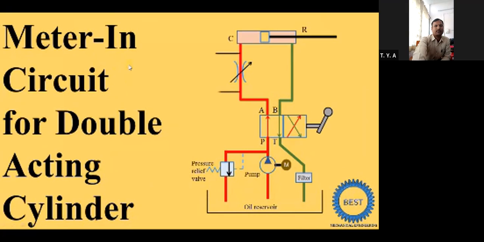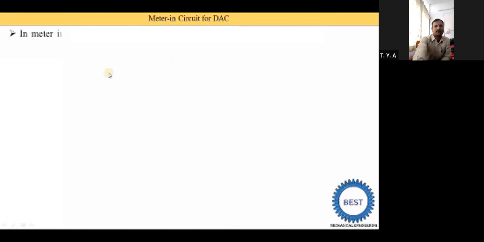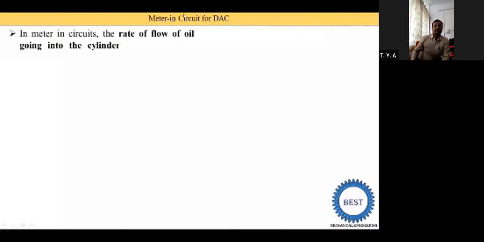Now for controlling the speed, we require flow control valves. So in this circuit, we need to use the flow control valves. For controlling the speed, we require the flow control valve, and the location at which the flow control valve is put is the most important. According to the name of the system, in a meter in circuit, the flow control valve is put at the inlet. And the second type of speed control is the meter out circuit. In a meter out circuit, the flow control valve is put at the outlet.